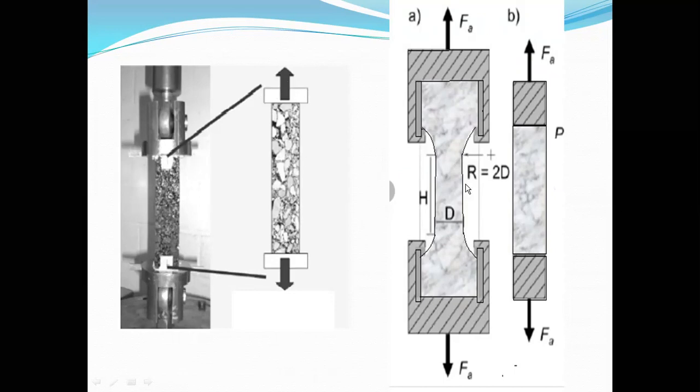So this is one, and the second one is, look at here. This is another one, an enlarged view of the same thing in a different machine. This is one holding device, and this is another holding device, and you are applying the force like this. So as a result, what happened? It fails somewhere. So this is another one, a different type of holding device, trying to get the information.